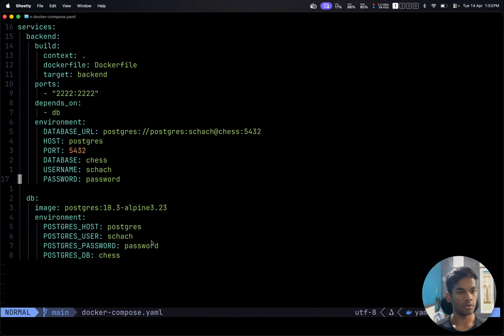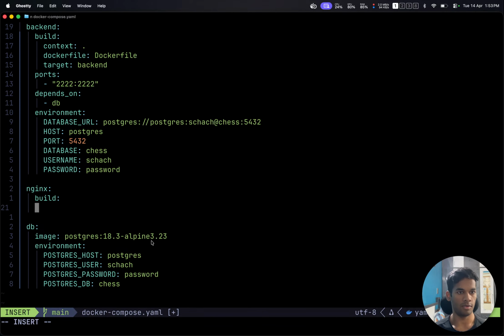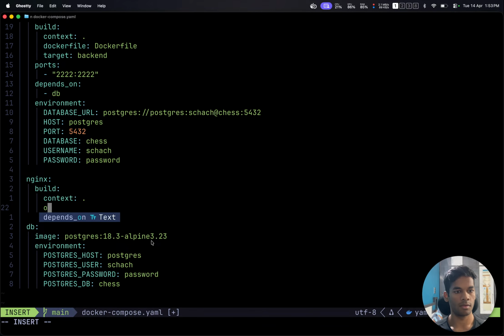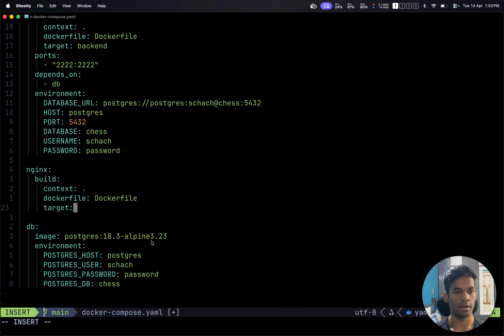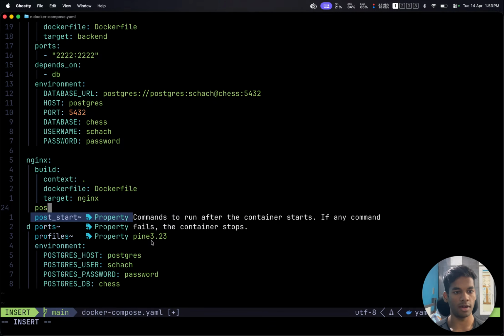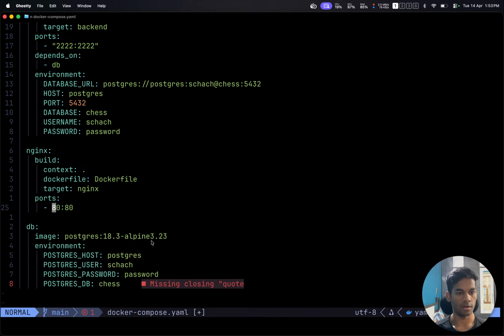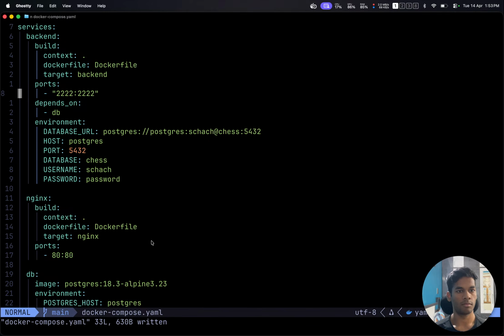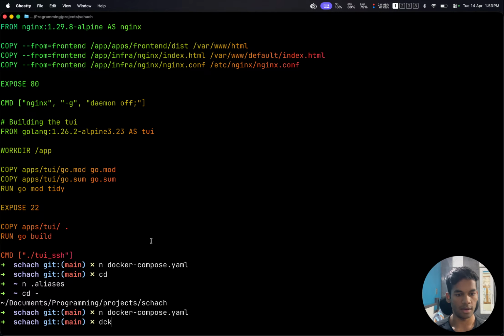Okay. Let's also define other services. There is Nginx. Build context is this. Dockerfile is dockerfile, and target is nginx in that Dockerfile. Ports: we want some ports to be available. Yep, 8080. I think we can even remove this and this should work. We want ports to be available, and anything else in the nginx command when we ran